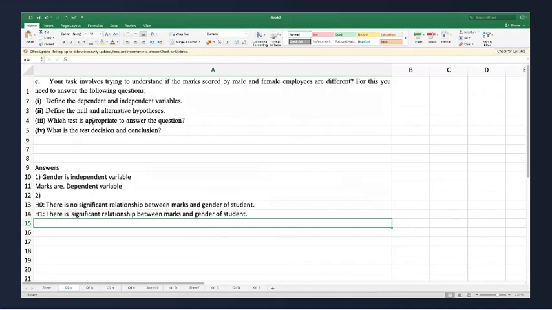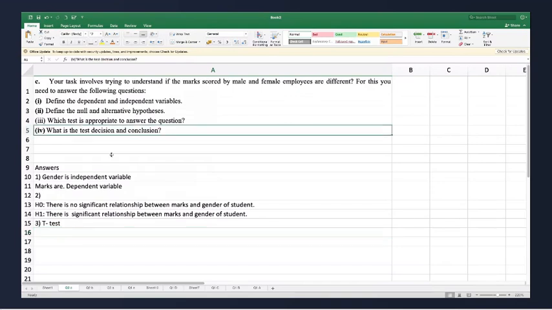Now, which test is appropriate in order to understand the relationship between any dependent and independent variable? There can be many tests, but in this case, the simplest test we are applying is the t-test. You can also apply ANOVA. It depends on your data. But for this simple data that we have, we are using the t-test. Now it is asking what is the t-test decision and conclusion.